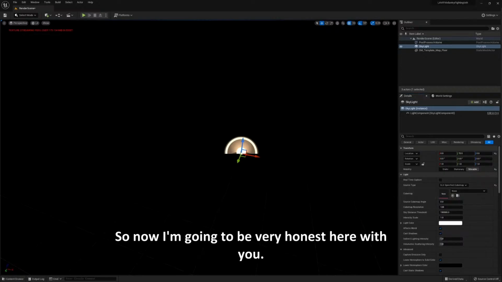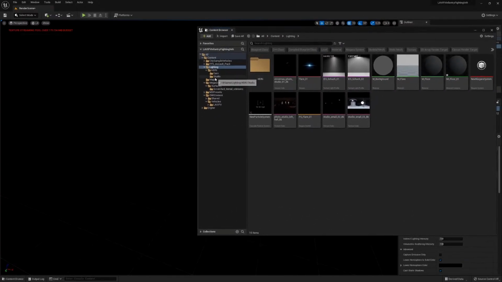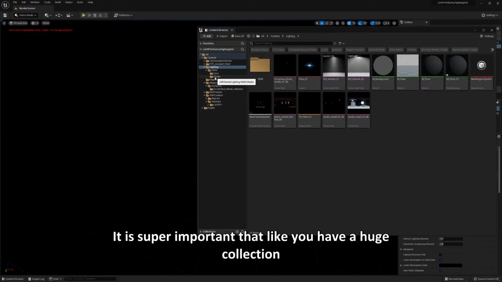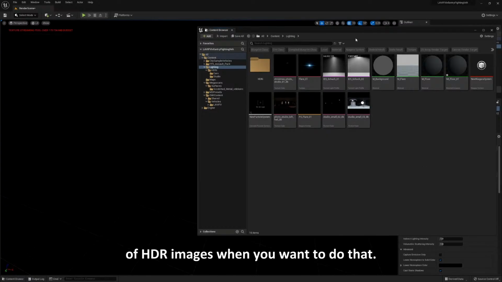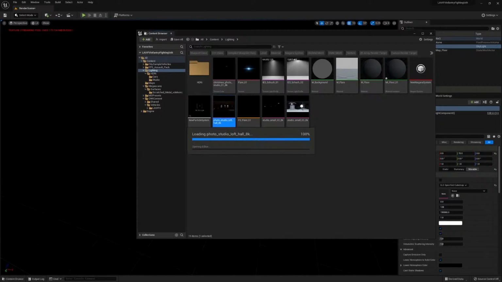Now I'm gonna be very honest. I don't remember anymore where I got all of these. However, it is super important that you have a huge collection of HDR images when you want to do that. And there's obviously many different ones. So you can have, for example,